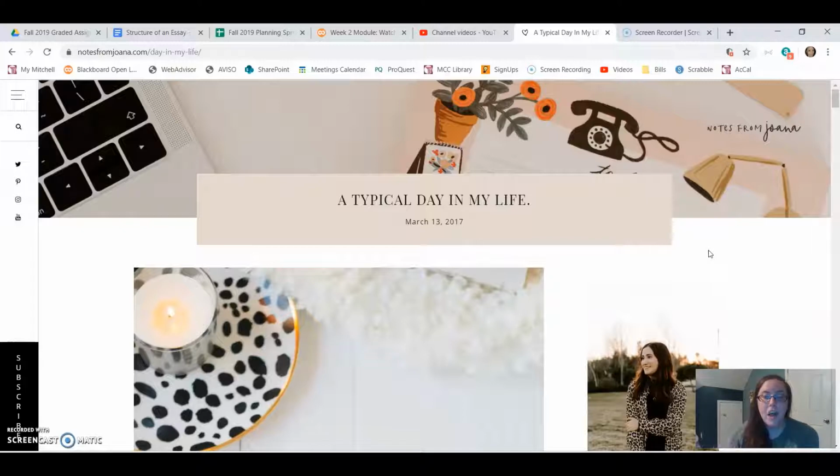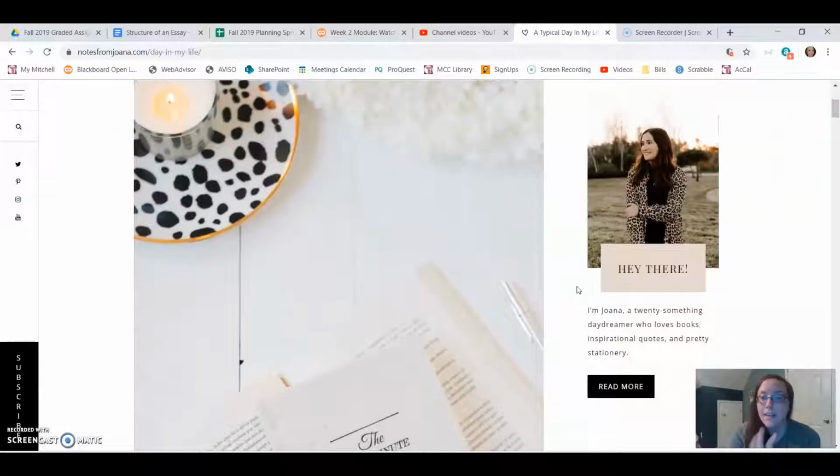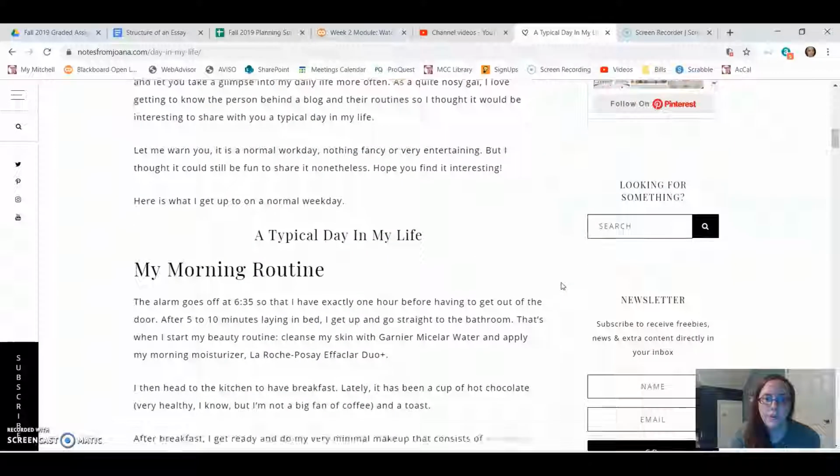That is not going to, however, adhere to what the structure of an academic essay is, because it's not going to effectively give you the opportunity to write an introduction, a conclusion, and focused body paragraphs. So here's an example of what I don't want to see. And again, I'm not criticizing this author.